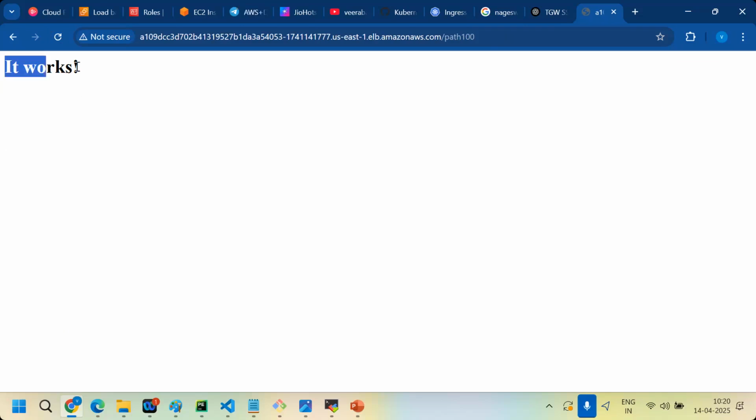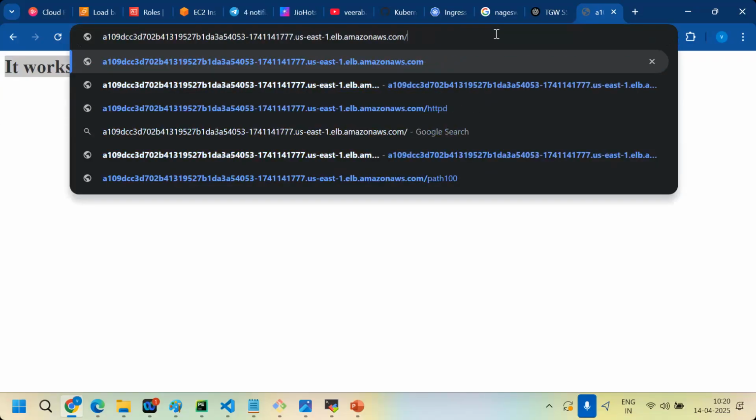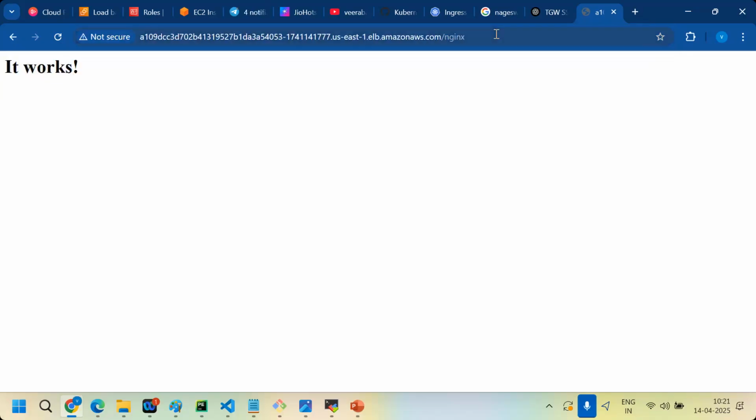Why is it working? The default path. See, path 100 is not there, yet it is working. Still the default path will work, right? This path does not exist, so the default path is given. Understand? But if you give one that exists, it redirects into that path.